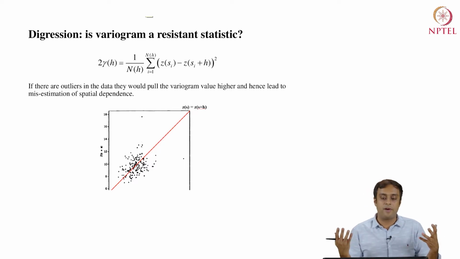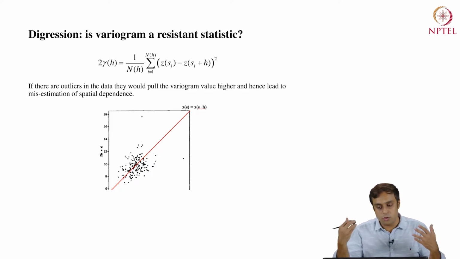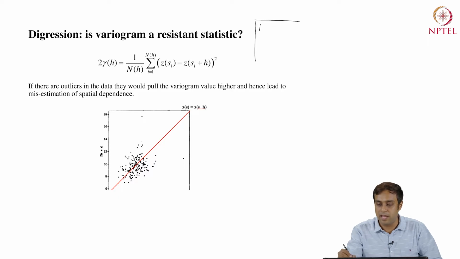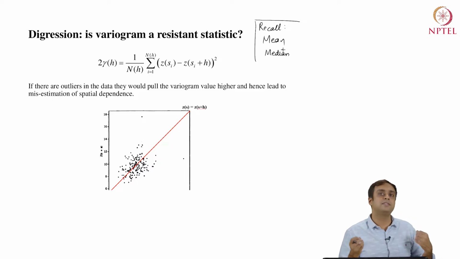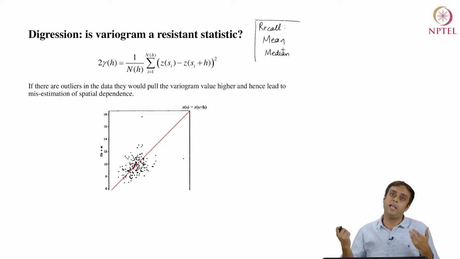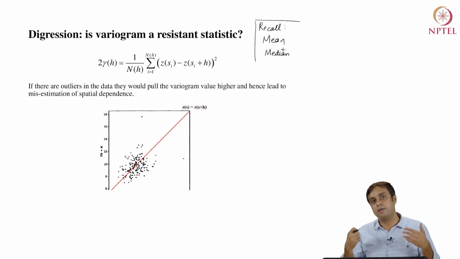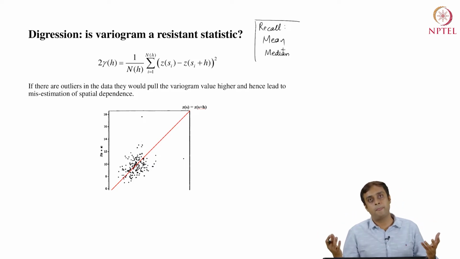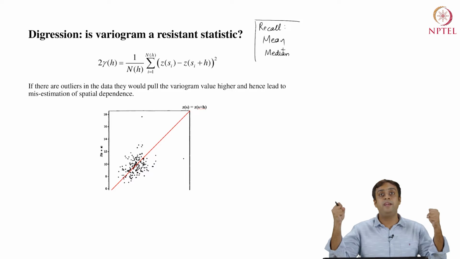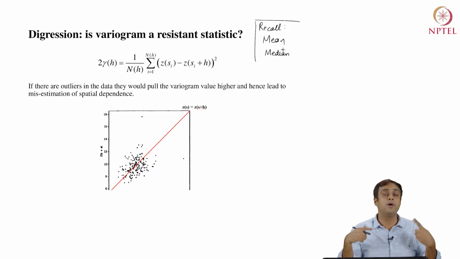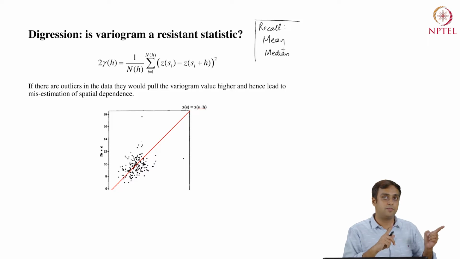So, moving forward, we will take a digression now and we will ask a question: is the variogram a resistant statistic? What is a resistant statistic? To get a sense of a resistant statistic, we can recall the mean and the median of a distribution. We have seen earlier that the difference between the mean and median is a reflection of whether or not a given distribution of data has a symmetric PDF. Well, more than that, the more distant mean and median become, they are also a signal for outlier values, right.